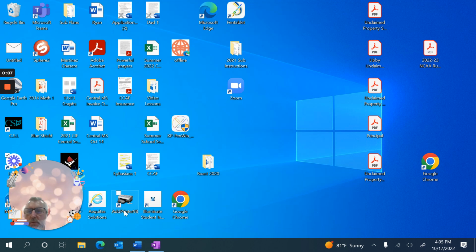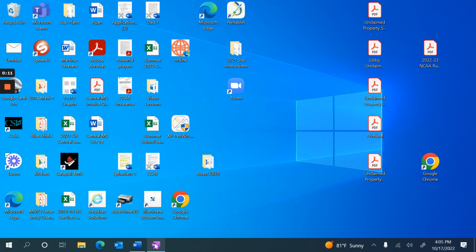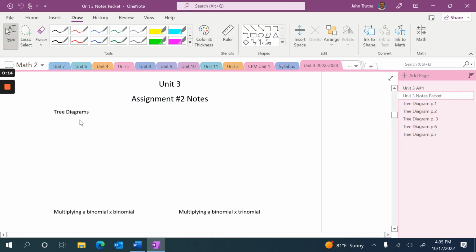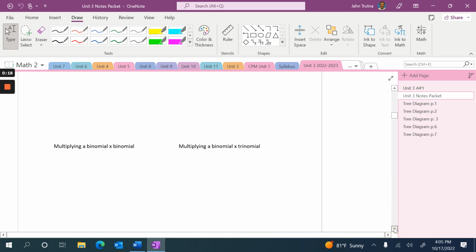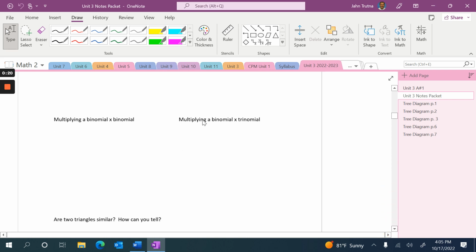Hi, guys. We're going to go over the Unit 3 assignment number 2 notes. Tree diagram was done in class. Let's go over multiplying a binomial times a binomial and multiplying a binomial times a trinomial. Okay? First of all, let's do a couple of definitions here so we understand what a binomial and a trinomial